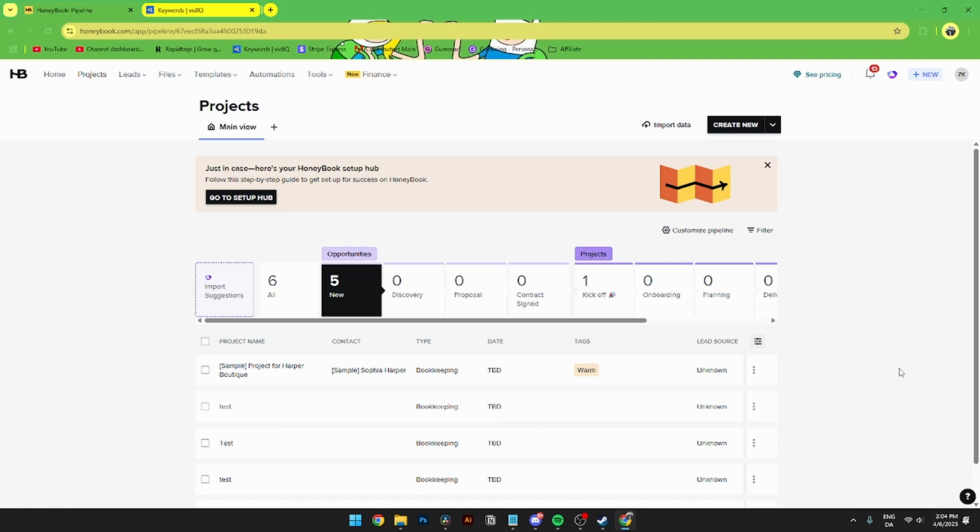In this video, I'll be showing you step by step how to create a meeting inside of HoneyBook. It is super easy to do. So the first thing you need to do is open up HoneyBook like you usually would. Then from here, you need to go up to New up in the right hand corner and go down to